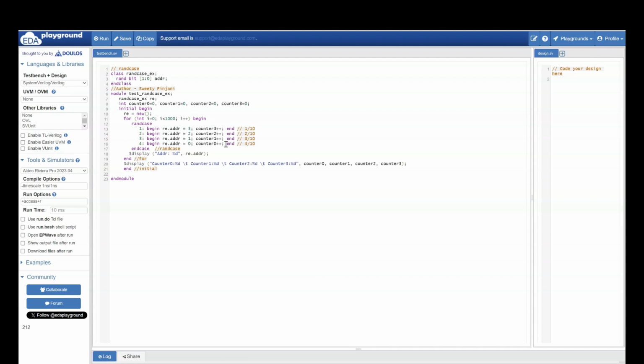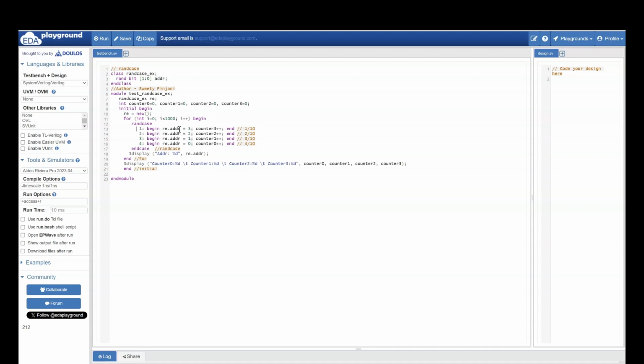Now, about these weights, we have discussed in detail in the previous lectures. In case you have not gone through, I request you to please go through all previous lectures in this System Verilog randomization, so that the concept of weights and everything will be clear. Now, we had also said that the probability of picking up any item is going to be weight of that item divided by total weight.